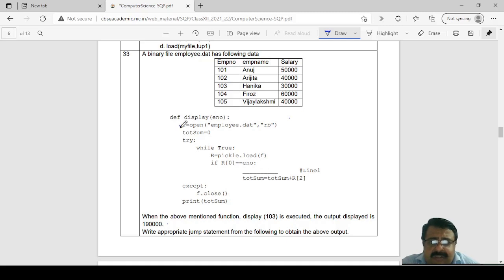File is opened, a variable total sum is initialized as 0. Now, one by one this data is loaded. If R0 equal to E number, that is the number E number is passed, if it is this, then something should happen. One statement will come. And then total sum equal to this should be there.